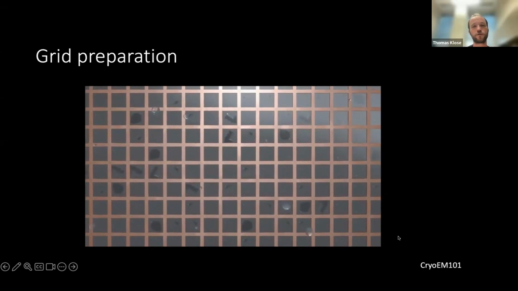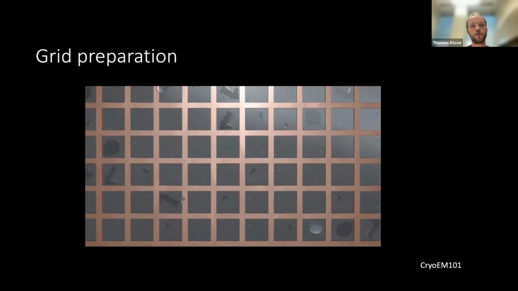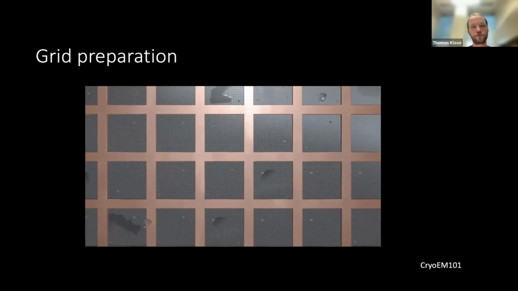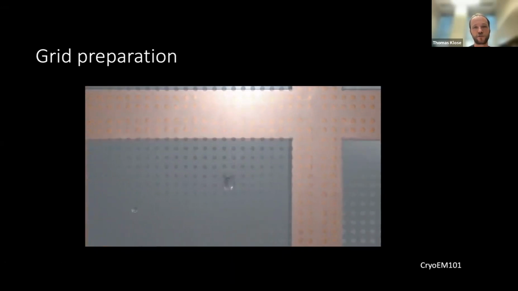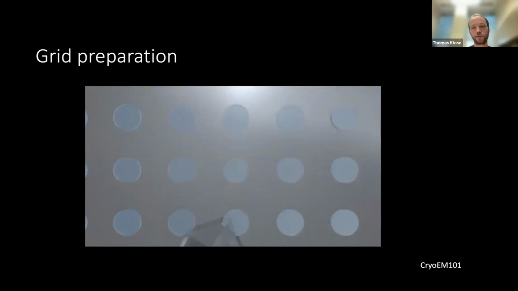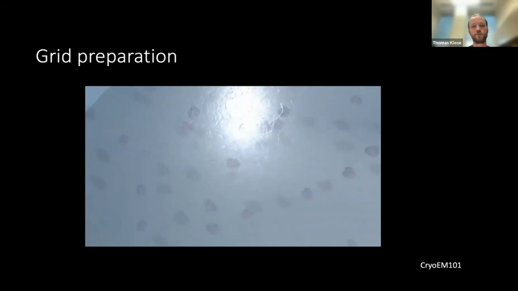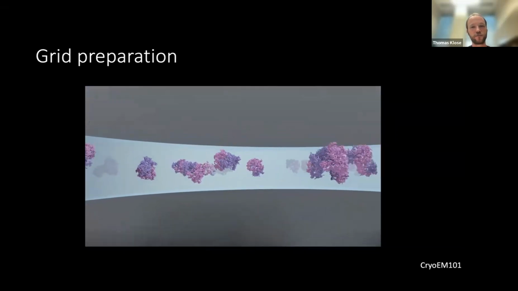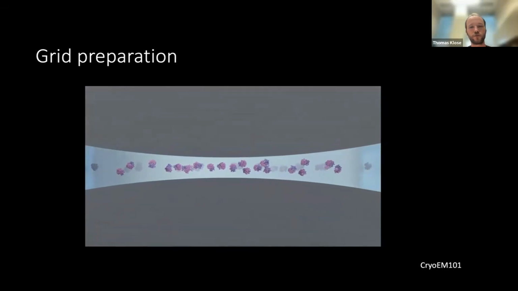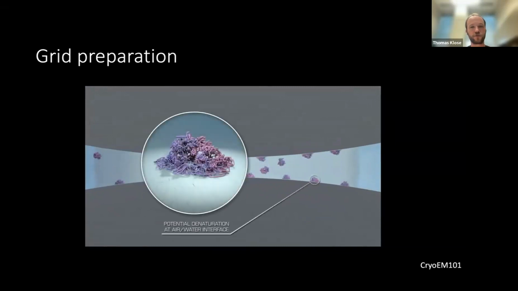So this is a grid that I showed you. And so we are slowly zooming in onto this grid. And so you can see as we get closer and closer, you can see the metal bars that I talked about. And there is this support film that has the defined holes in it. So as you get really close to these holes, you can see that in the holes there's ice, and in this ice there's your sample. In this case, I think they used a ribosome to demonstrate this. And this is how it is floating around in there. And so this is now a side view, and you see how your molecules are spread out in the ice. And then they're going to quickly show something that I will talk about later, which is the air-water interface. So this is how this looks